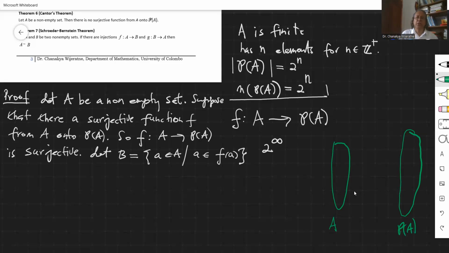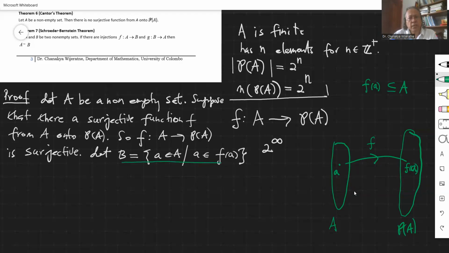So for each element in A, f assigns a subset of A, right? Because the elements of the power set of A are subsets of A. So if you take an element a, then the function f assigns, of course, we label it as f of a, but f of a is a subset of A, right? So then this makes sense